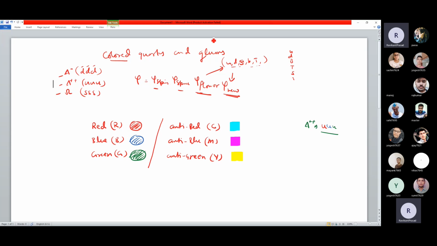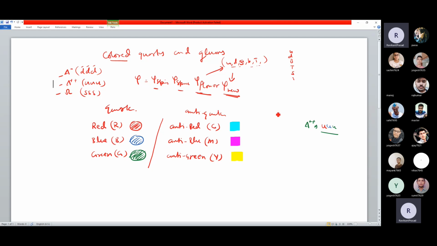So these are the fancy quark colors we have: red, blue, green, and cyan, magenta, and yellow. These are quark and these are anti-quark. So you have to remember these things. Whenever you write a composition of, for example, this proton,